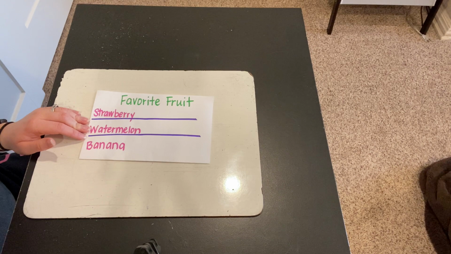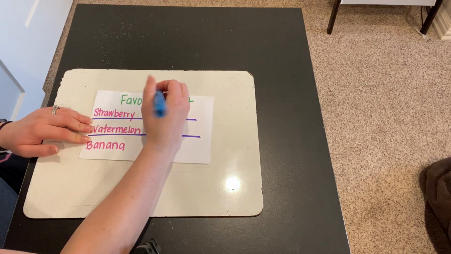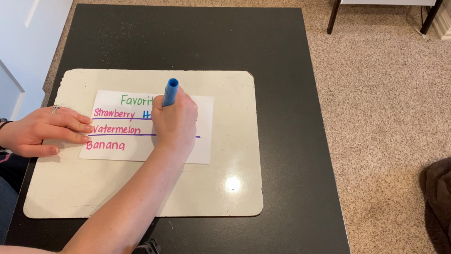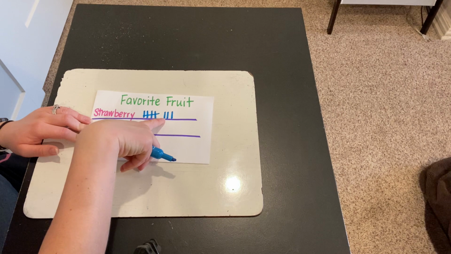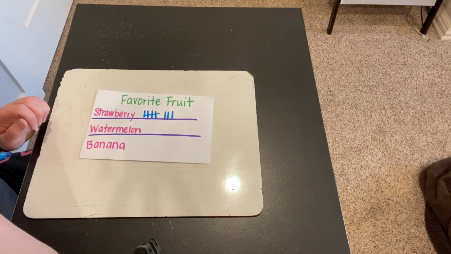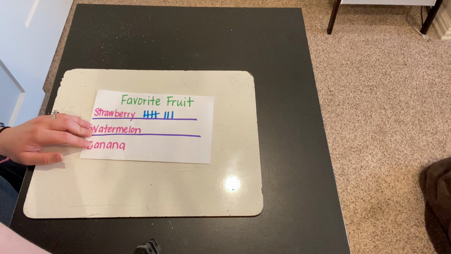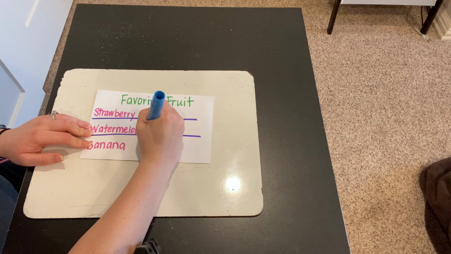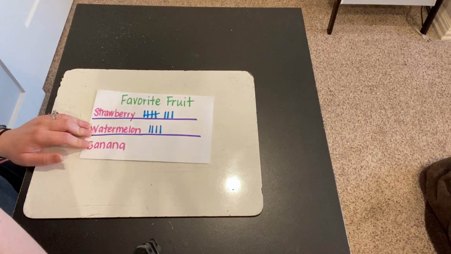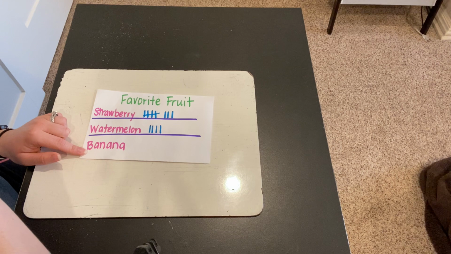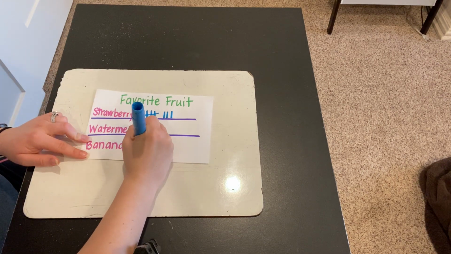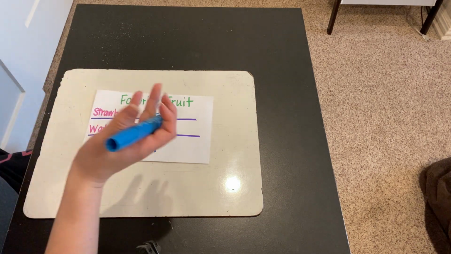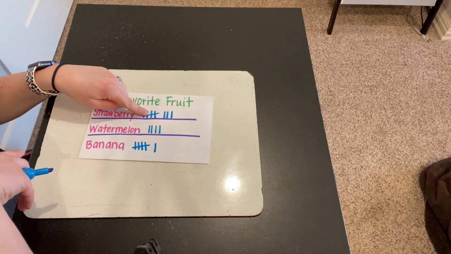Out of my students, 8 of them said strawberries were their favorite fruit. So I'm going to make 8 tallies. 5, 6, 7, 8. Okay. 4 of my students said watermelon was their favorite. 1, 2, 3, 4. And then 6 of my students chose banana as their favorite fruit. 5, 6. Okay, so see how I just asked my class a question and I created a tally chart to